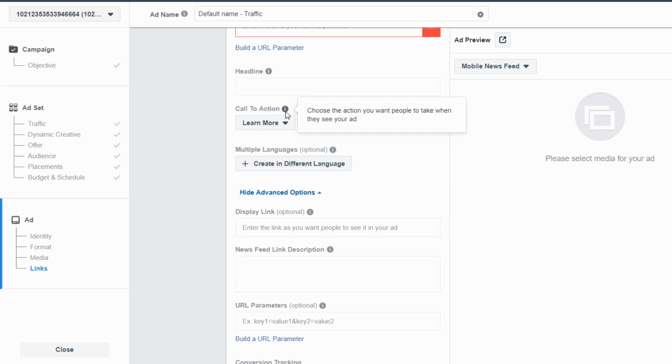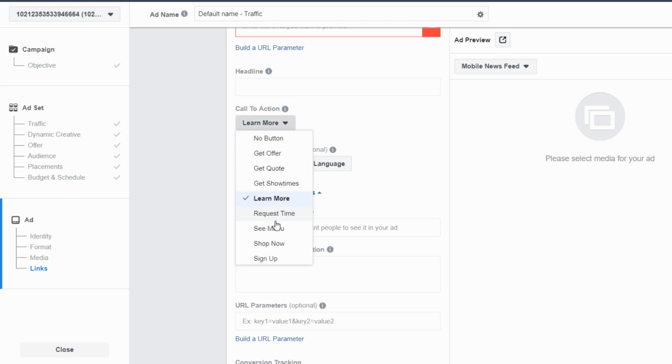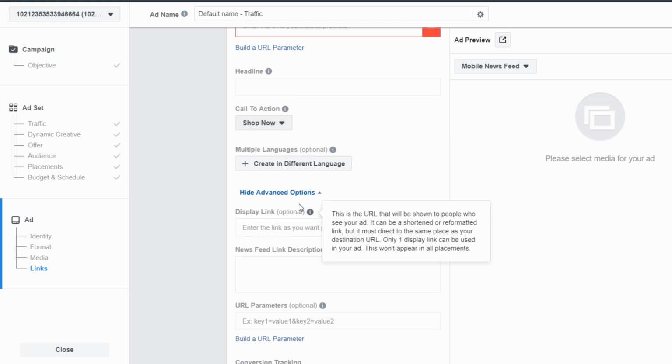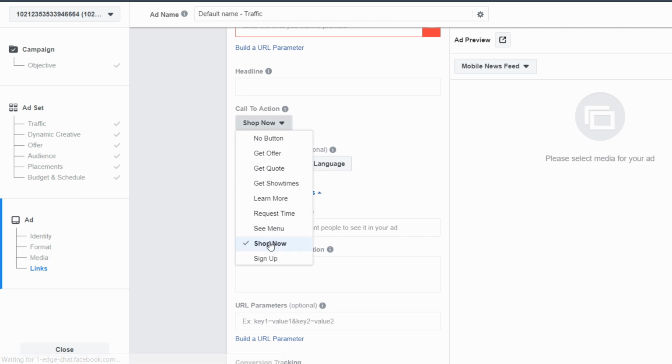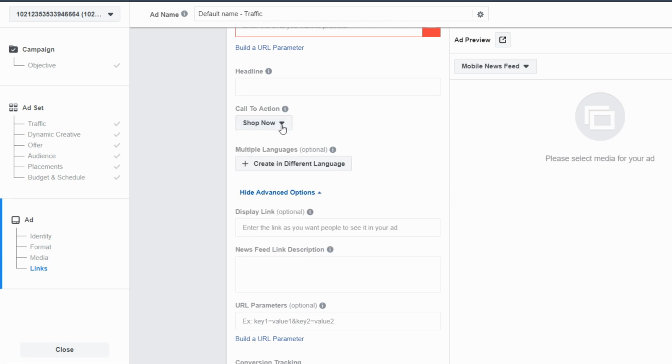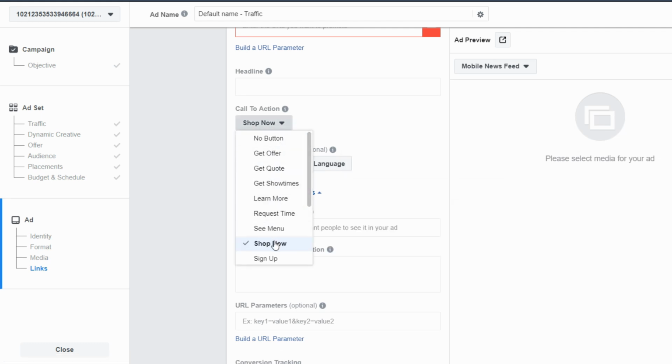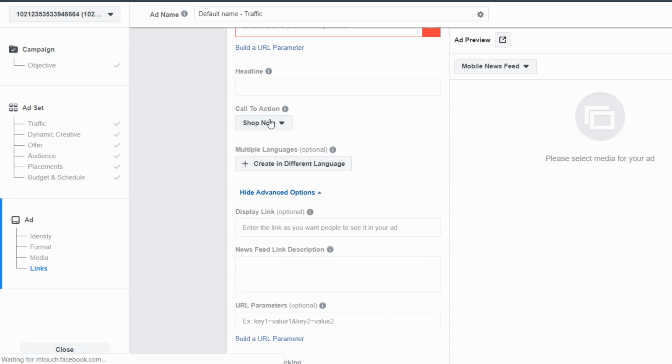So if you're trying to make sales on your e-commerce store, which I'm sure you are trying to do, I highly recommend you use a button that's directing people to take a specific action on your ads, as opposed to trying to use a button that is unrelated to what you're trying to accomplish. So I've seen this over and over and over again, and most people don't think it's that important to pay